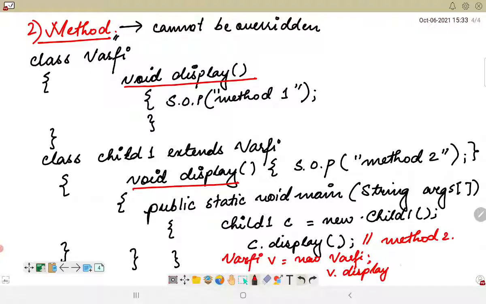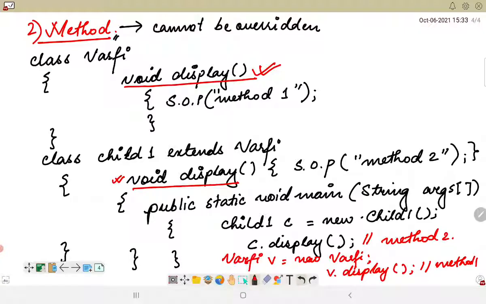While I'm doing this, I'll be able to access this particular parent class method and my output will be method 1.